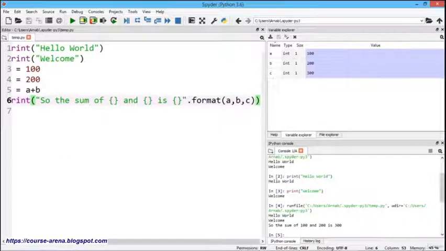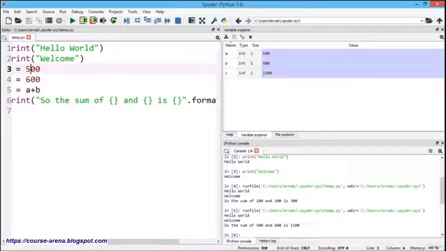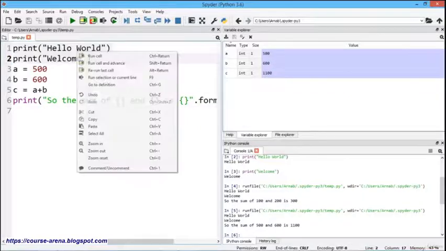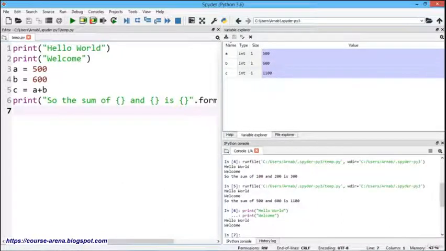We have the variable explorer here. You can see the value of a and b and c will be displayed. You can find that the values of a and b and c are getting displayed. So I'm just making this one as 600, making this one as 500. Now if I go on executing, you can find that the values have got updated. So this is another advantage of this Spyder. Here also you can have the line by line execution. As I told you, if I mark this and go for run cell, only these two lines are getting executed. So that is another fantastic way to execute this Python program.